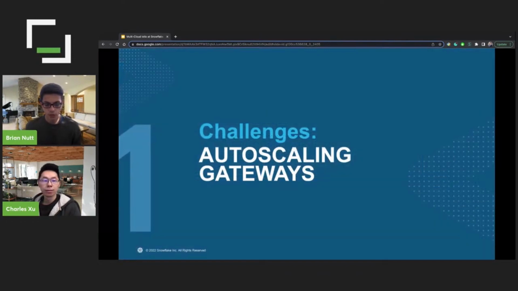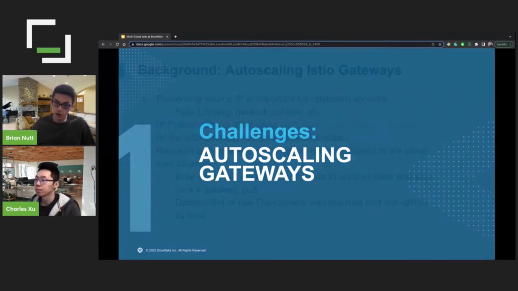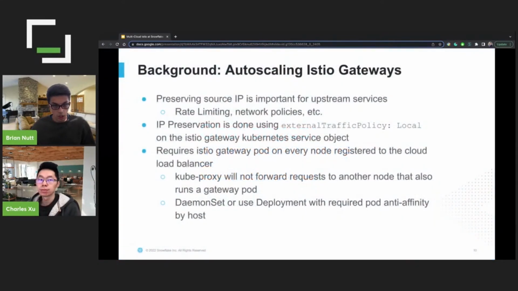Okay, so over the next couple of slides here, we'll be talking about the different challenges we've run into while running Istio. The first one, probably being the most pressing one, is how we can actually auto-scale that ingress layer safely. So as I just mentioned, the Istio gateway is responsible for receiving traffic from the load balancer. We currently implement this by,